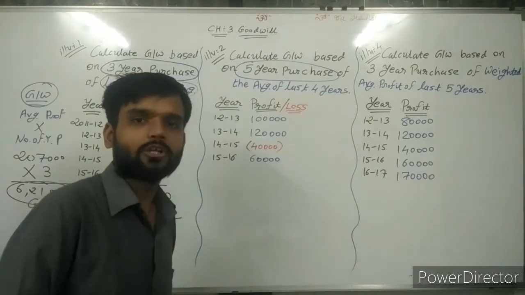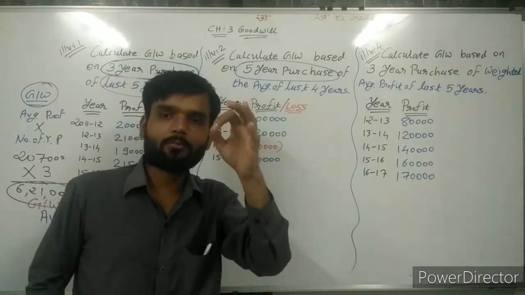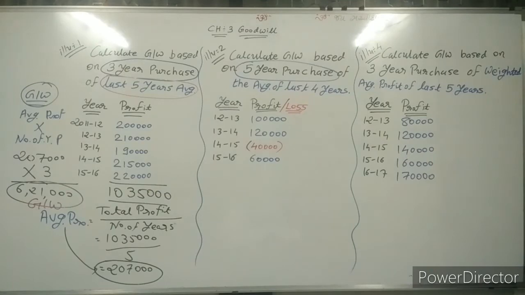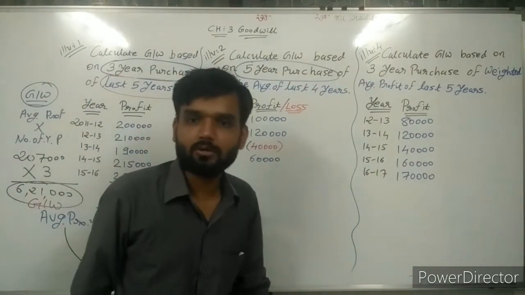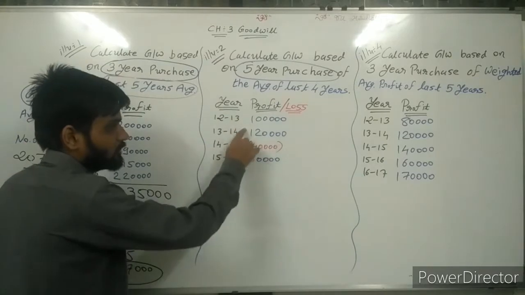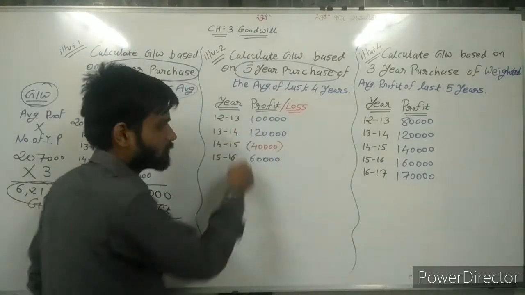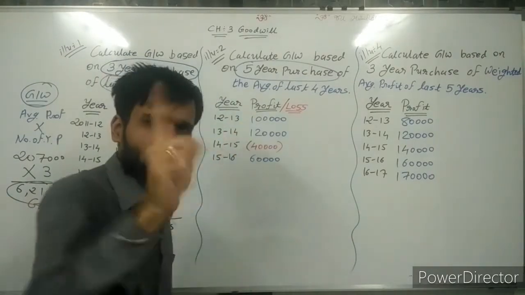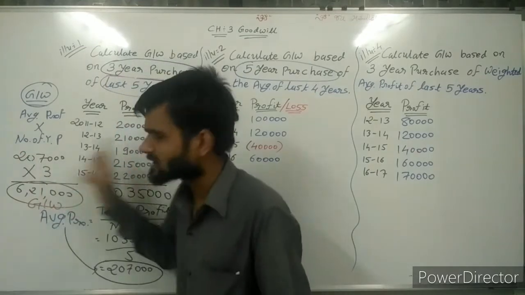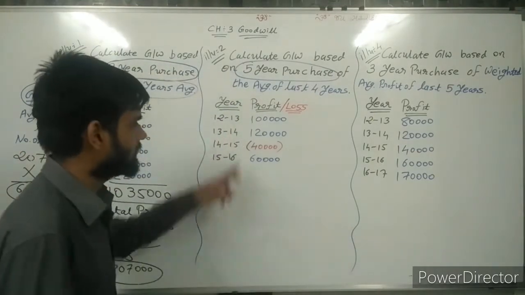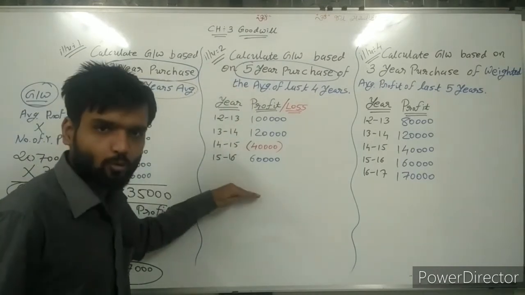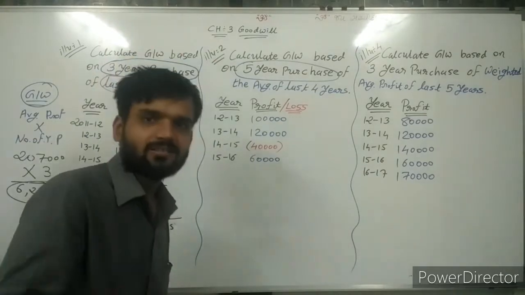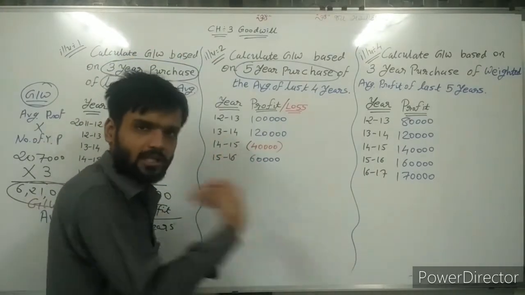Of the average of last 4 years. It means 4 years of information is given to you: 1, 2, 3, 4. And we need to find the average of these 4. Why have I taken this sum? Only because of the loss. Otherwise both are the same. Whenever a loss is given, when you make the total of these 4, you have to deduct this 40,000 rupees. You don't need to add it. To understand this thing only, I have taken this sum.